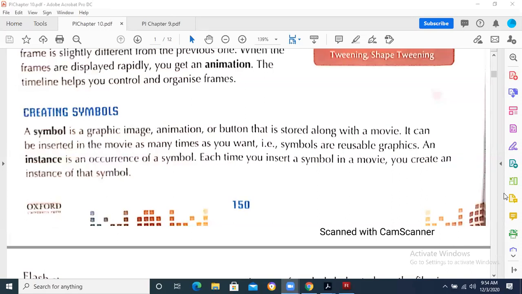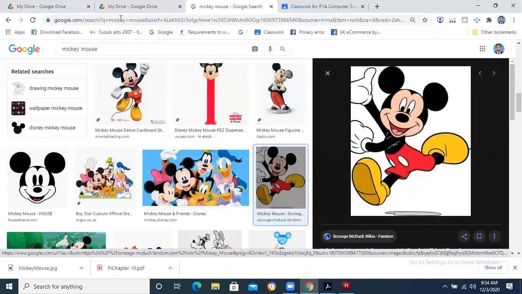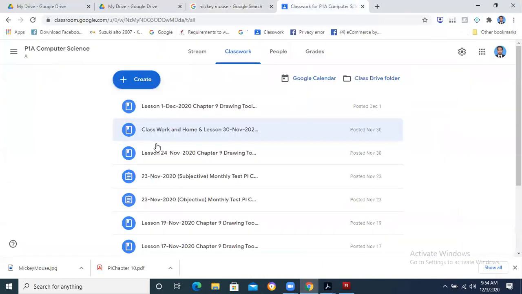So should I expect that people are going to make such a project and share it with us, and I will show it on the screen? Okay. I will make a post in the Google Classroom where you will be able to post this work. I will give one assignment format over here. It is not compulsory, but I am motivating you to do this so that you have hands-on practice.